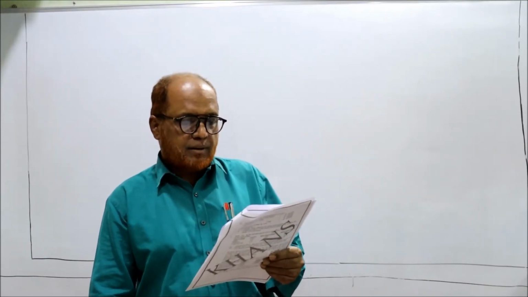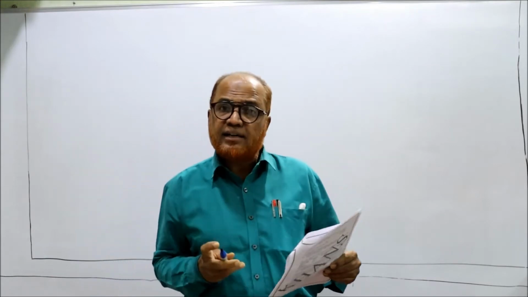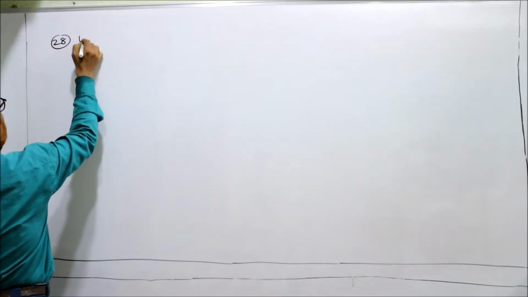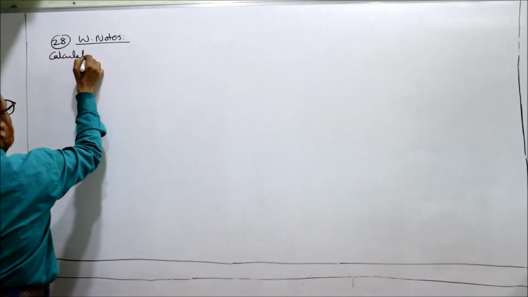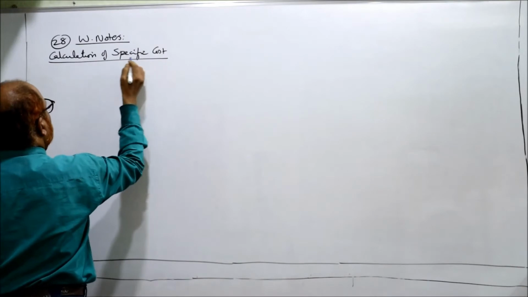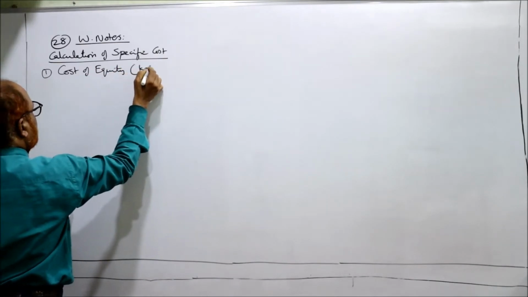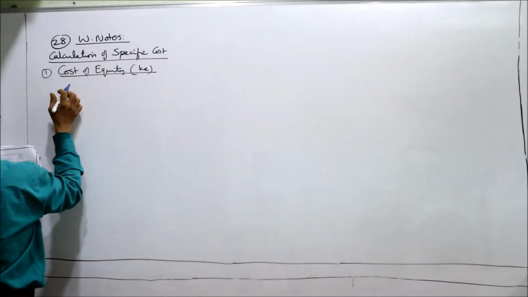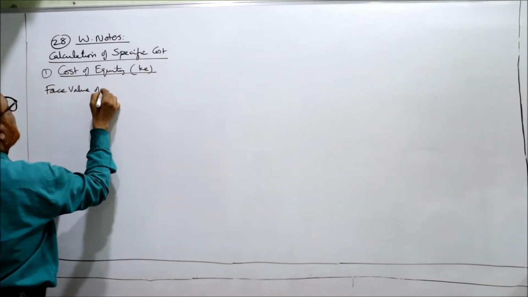So we have to calculate WACC. But for calculating WACC, first we need the specific cost. Tax rate is not given in the problem. So, the 28th problem. Working notes. Calculation of specific costs. First one, cost of equity, K. The face value of equity share